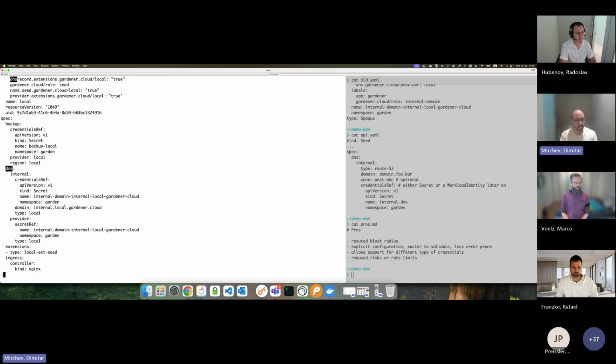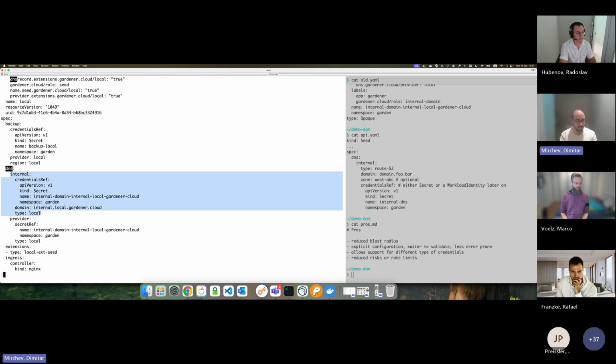This is because on startup, Gardenlet will fetch the global secret that is currently configured for the landscape and will update its own seed to include this information in the specification. This would mean that operators would have to amend their seed configs in the Gardenlet configuration or seed templates